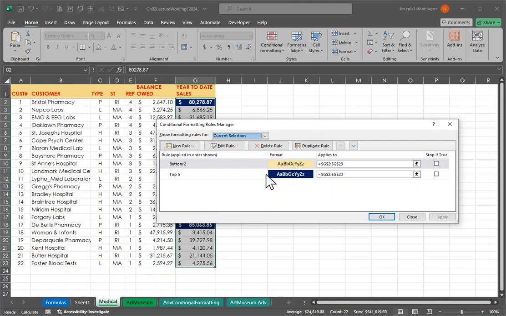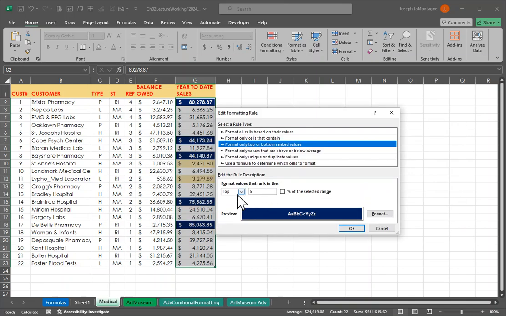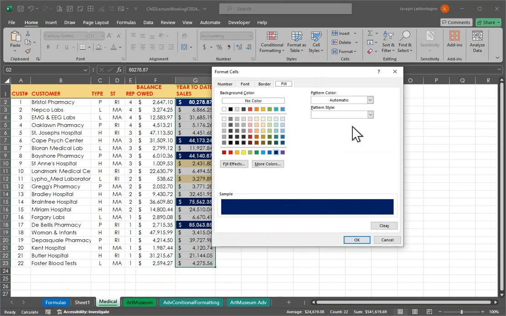So let's say that this dark blue, I just don't like it. All you have to do is click on it, and I can edit the rule. And notice I could change this. Let's say I only want the top 3. And I don't like the dark blue, so I can go Format. So again, it brings us into that same